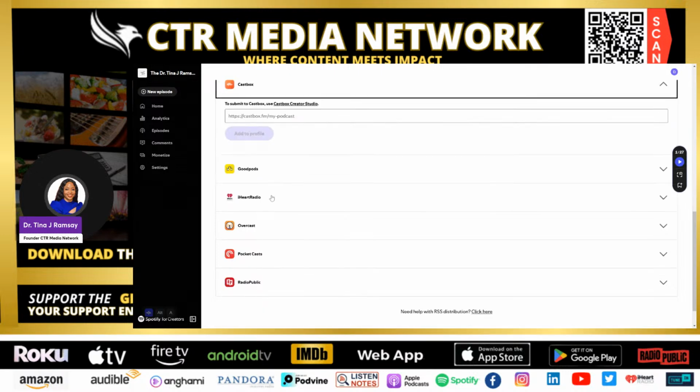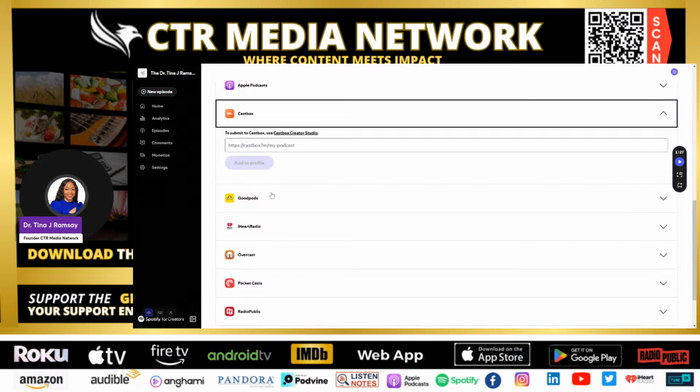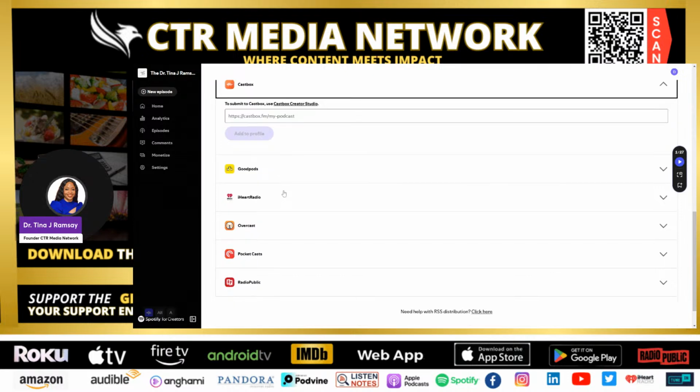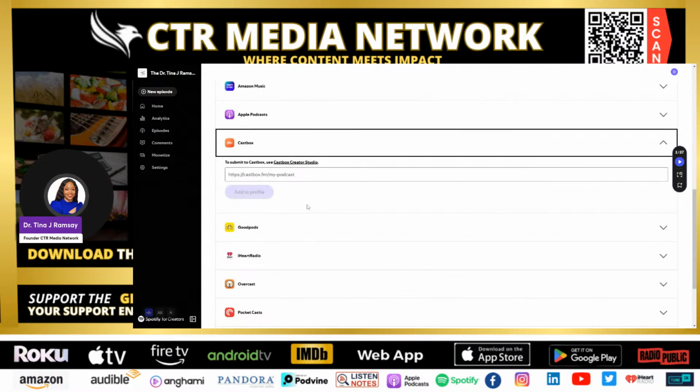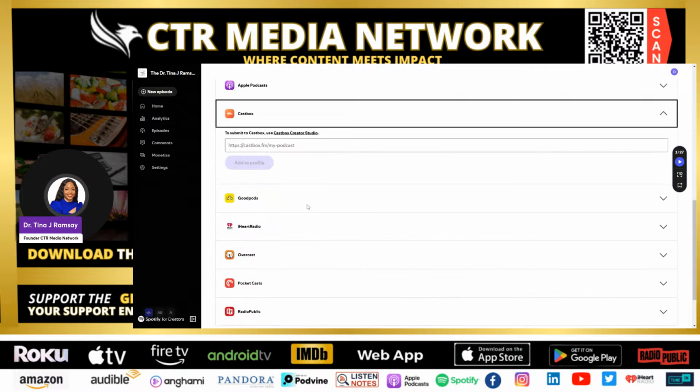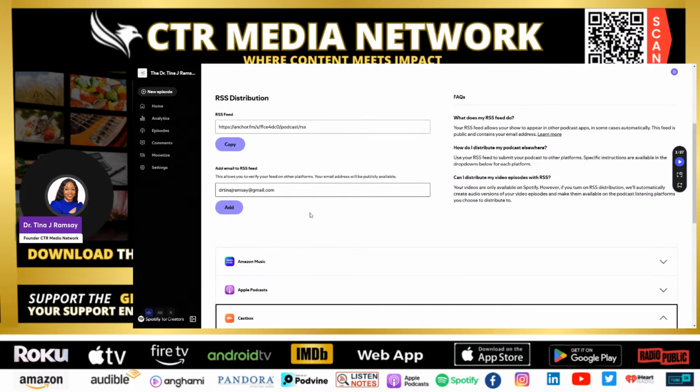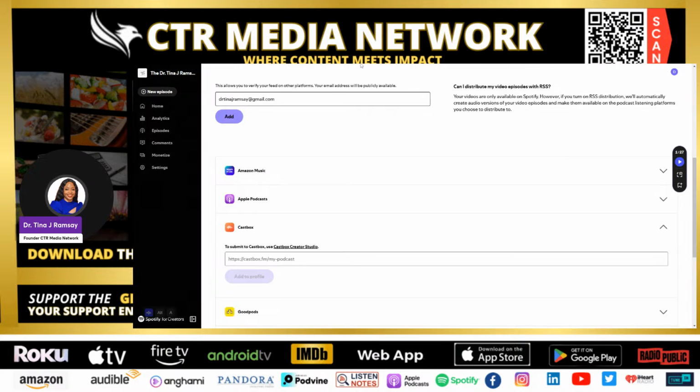So you have to follow their rule of thumb, their requirements in order to add your podcast to their particular platform. Some of them do charge a small fee, some of them do not. So you can pick and choose where you want to go, but that's how you can distribute your podcast yourself. But sometimes these platforms will pick you up if you have quality content without you doing it. But I say, why wait? Do it yourself, right? So you can actually see it right there.